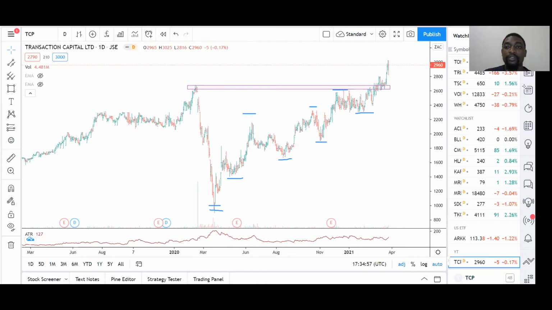We have mentioned before that a series of higher highs and higher lows are characteristics of an uptrend. Now we covered this stock last year when it started to trade above the 200-day moving average. And then we mentioned that I think the 200-day moving average was near this level. So we mentioned that because of this previous high here, we expect that if the stock continues to trade up, then it will have a bit of resistance near that previous high, of which that is what we have